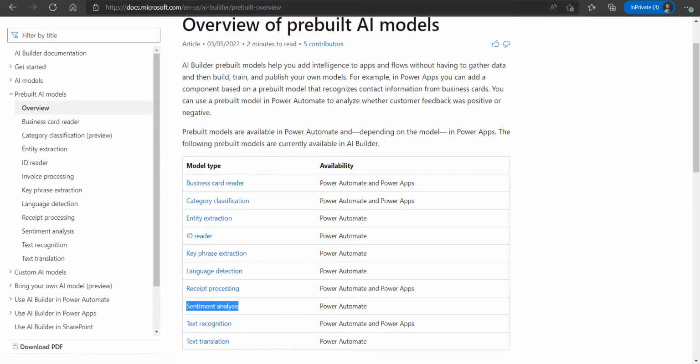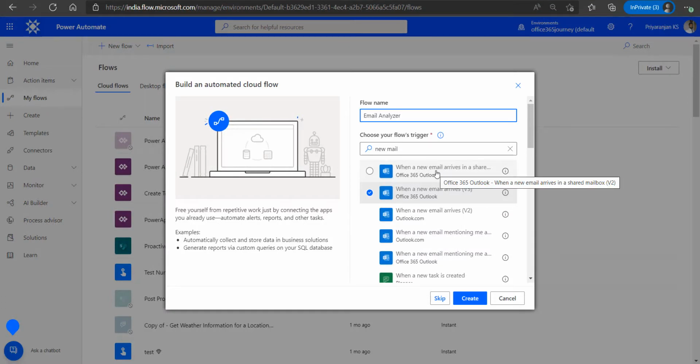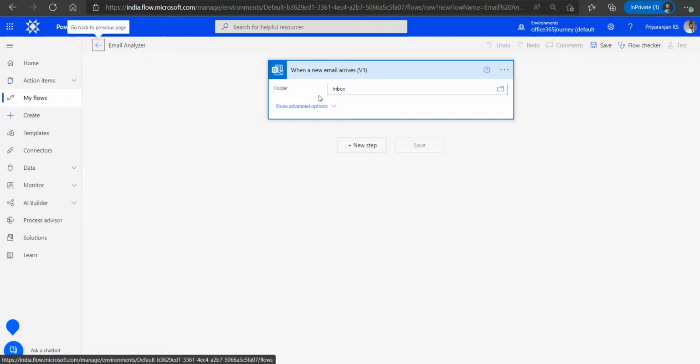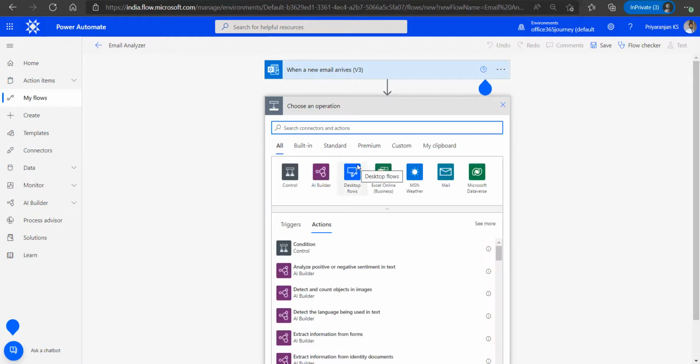So to get started, let's head over to Power Automate and create a new flow using the when a new email arrives trigger. Let's go ahead and click on create. It will create the Power Automate flow, and once an email reaches the inbox, it will trigger the flow. We will extract the body of the email and use the AI Builder sentiment analysis model to extract the sentiment